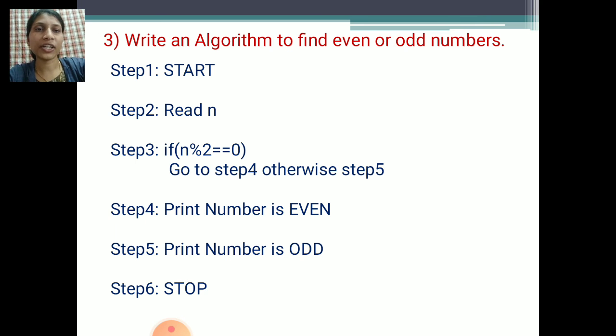If the condition is false, then go to step 5, and step 4 is skipped. It comes to step 5, print number is odd: I gave the input 3, so 3 is an odd number. It will print the message on the monitor screen. Then step 6 is stop the algorithm.